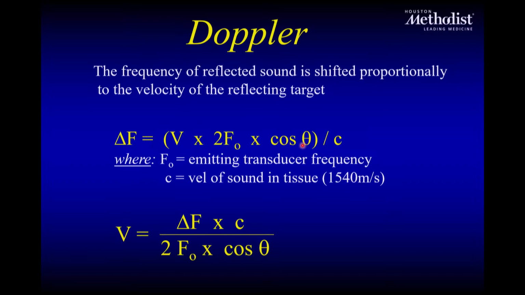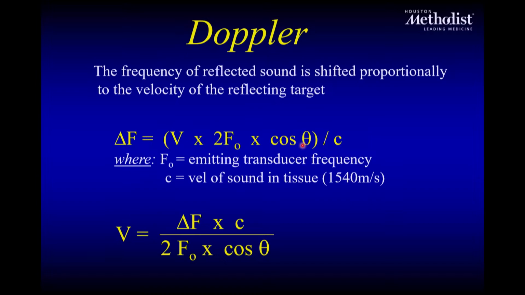As opposed to imaging, remember the imaging said the best visualization is perpendicular to the structure for axial resolution. An example of that is the interatrial septum. If I image it from the apical window, at times I may not see that it even exists. But my best imaging for the interatrial septum is subcostal because I'm perpendicular to it, or RV inflow. As opposed to Doppler, where I would like to be as parallel as possible, because the more angulation I have, the more underestimation I will have of the frequency shift. You got it? All right.